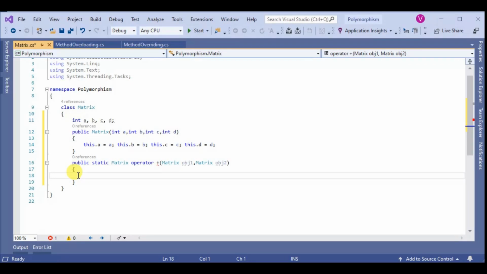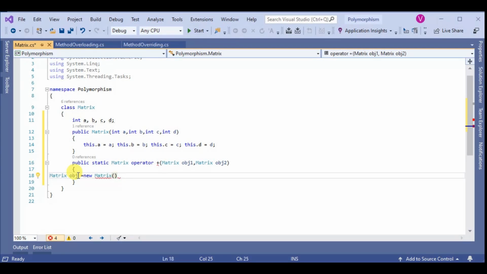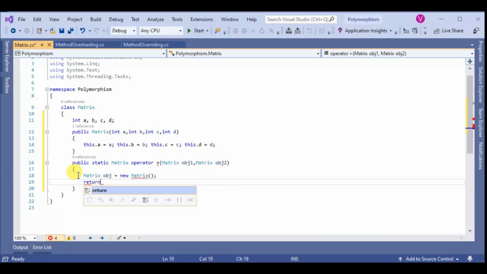Then we write our logic inside the method. Matrix obj equals new Matrix, and return obj.